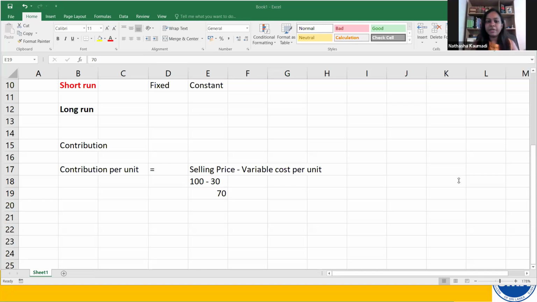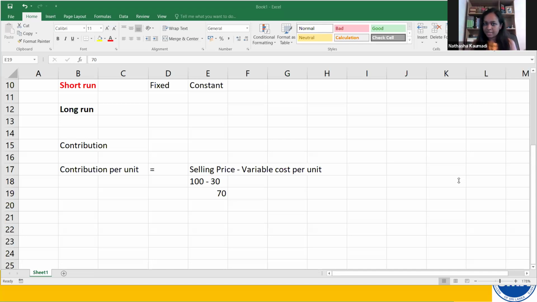In this example, contribution per unit is 70. Contribution to what? Contribution to fixed cost. We have to cover the fixed cost of production with that 70, correct? When the selling price is 100, if we remove all the variable costs we incurred to manufacture that product, that means 30 rupees, we have earned 100, we have removed 30, we have 70